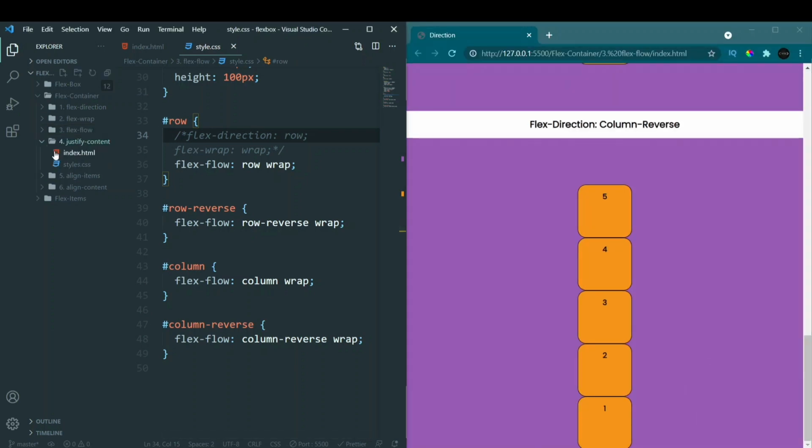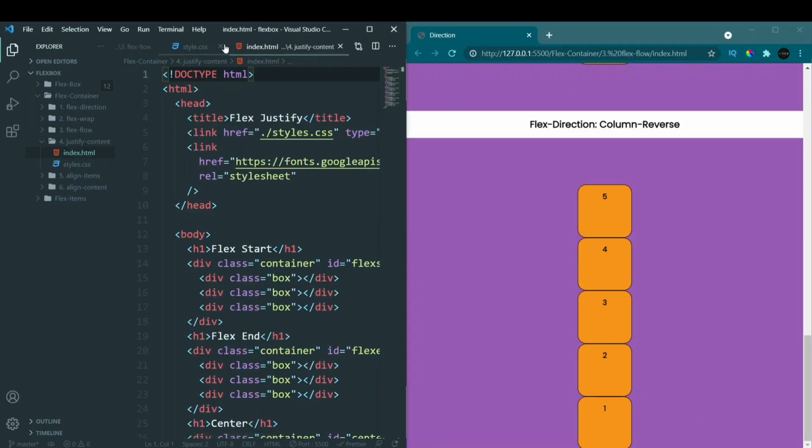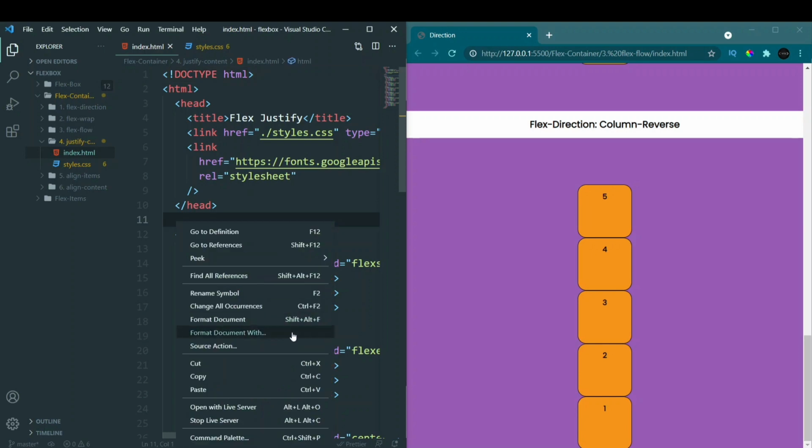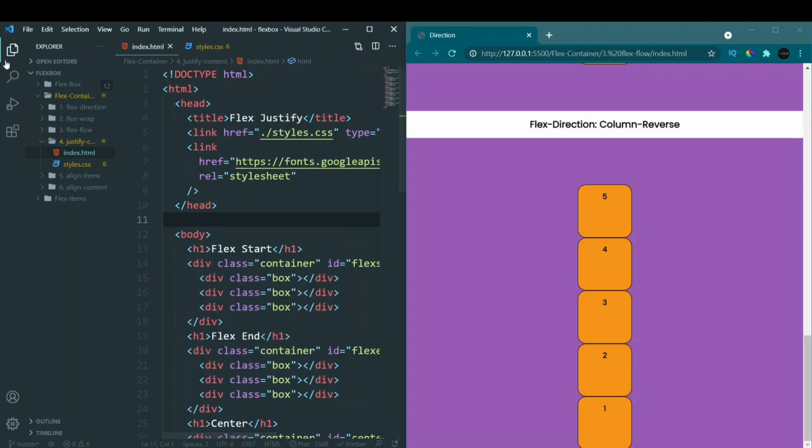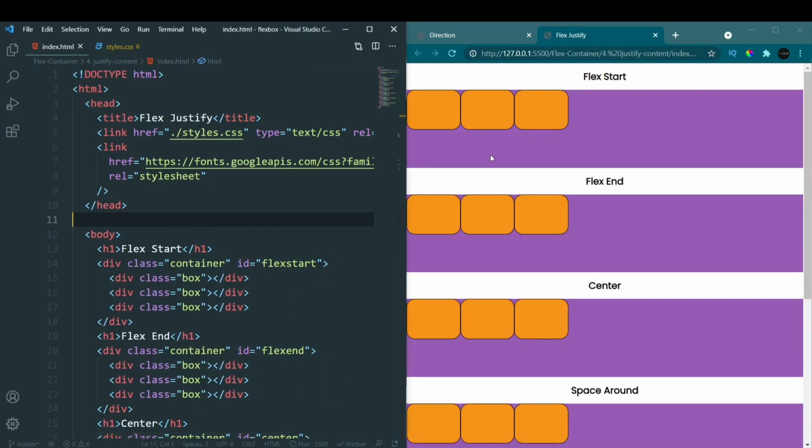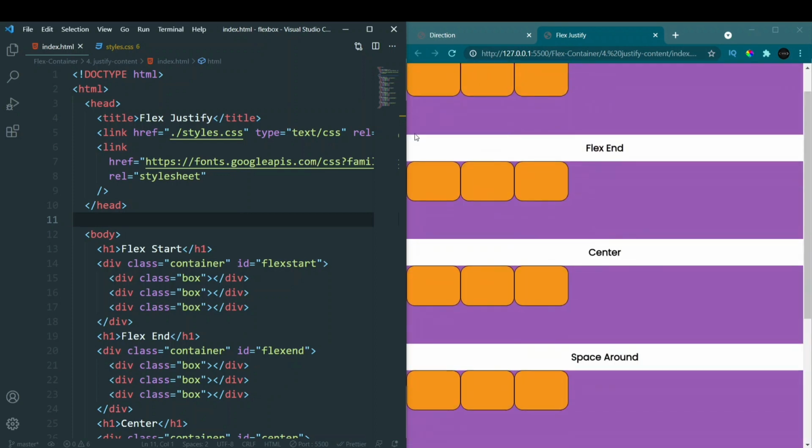Next one we have is justify content. This one we already saw. Okay, and again let's open it up in a browser. You can see I have already written out the code. Still it is such hectic work to shift from here and there and then explain it to you guys. So that is why I have just pre-styled these elements. Okay, so it is easier than writing everything again and again and just directly understanding them.